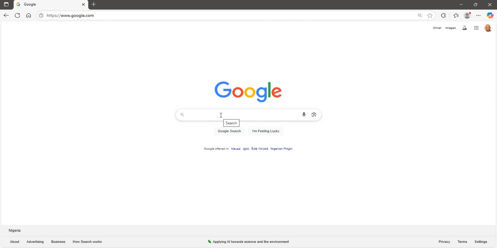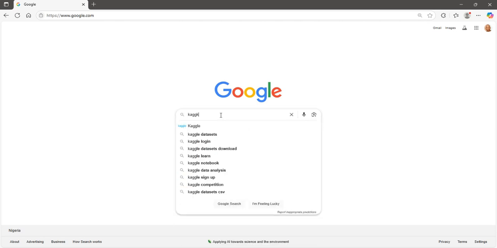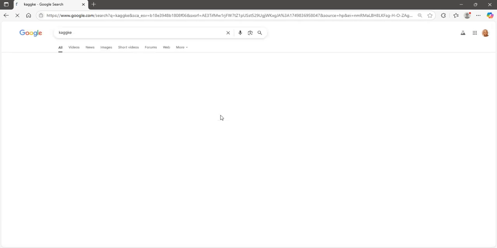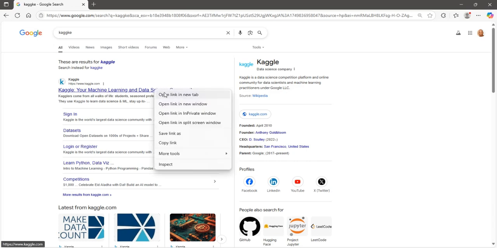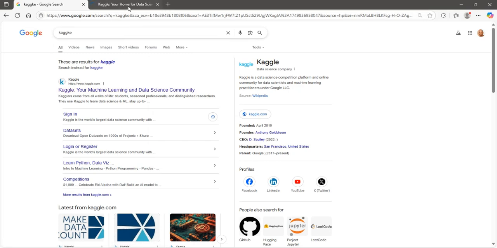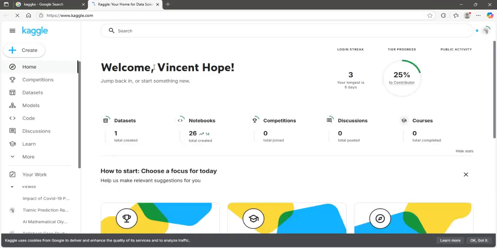So let's go to Kaggle here. We type Kaggle on Google, press enter. You can see Kaggle is used for machine learning. It's a very beautiful platform for using Python. So I open it on another tab, right click, open. So I come to this environment here. It takes me right to my own